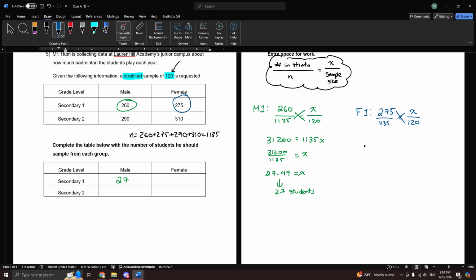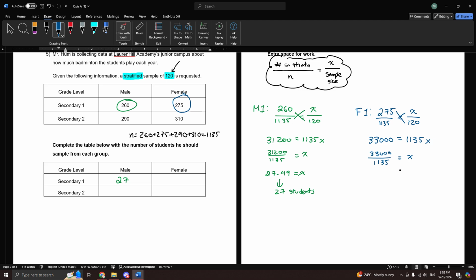Let's cross multiply as we did before. So 275 times 120 is going to be 33,000. On the right side I have 1135 times x. Same deal as before. I want to get rid of that 1135 that's being multiplied, so I'm going to divide. I'm going to do the inverse. So on the right side, I'm left with x, because 1135 divided by 1135 is just 1, and 1 times x is just x. 33,000 divided by 1135 is going to give me